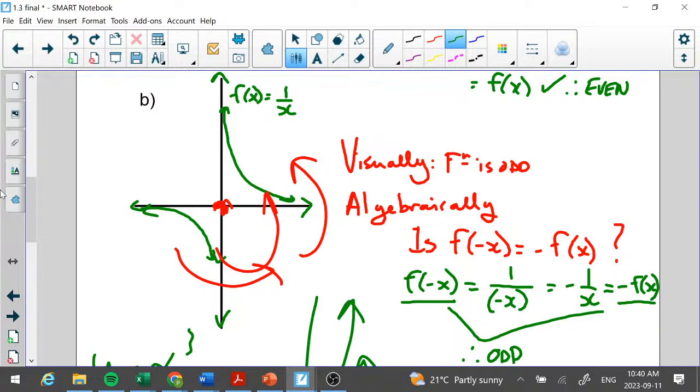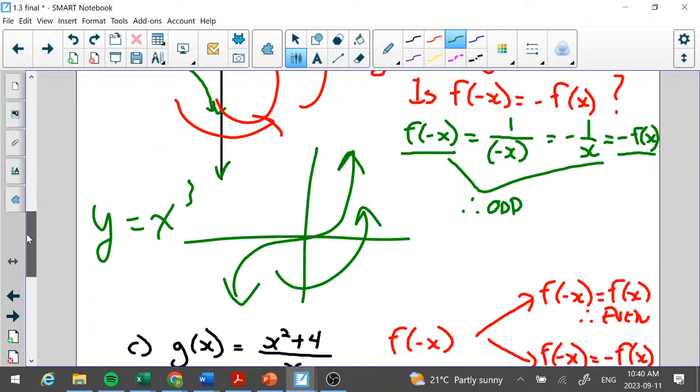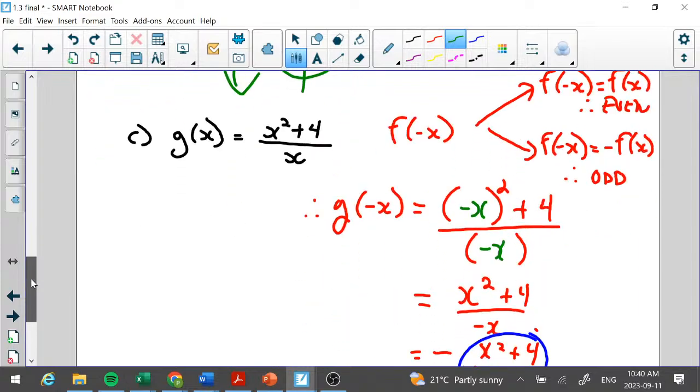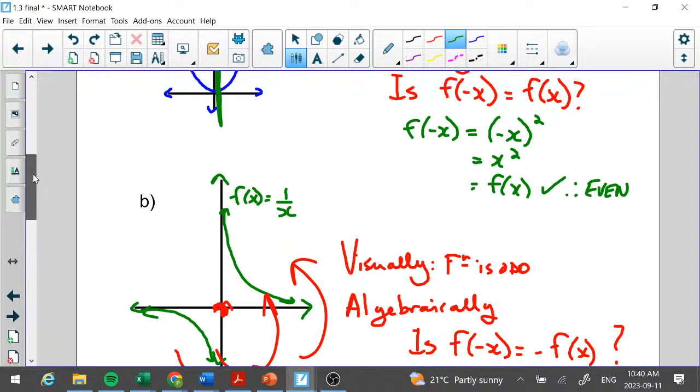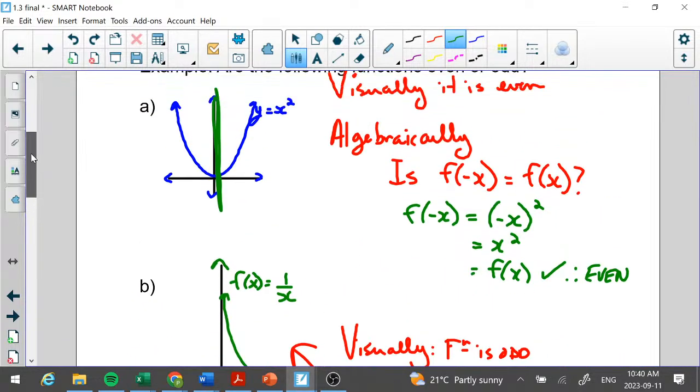Now we're going to do it algebraically. And in 5 minutes, that's when I'll give you your quiz, okay? Well, yeah, you can ask questions, but